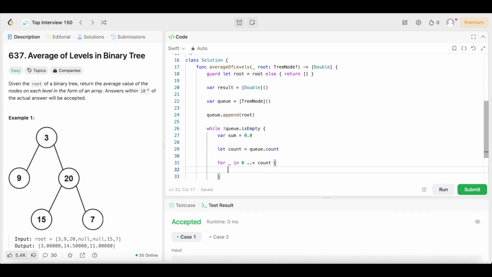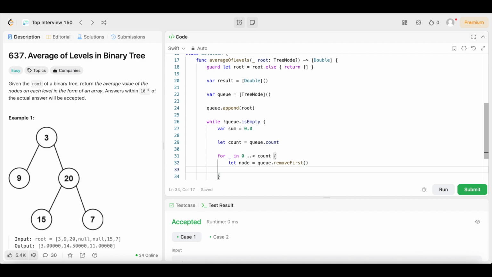We need to say let node equal q dot remove first, just like that. And that's just going to remove the first node from the queue for processing. Now we need to add the value of the current node to sum. So in order to do that, we're just going to say sum plus equals double, open up the parentheses, node